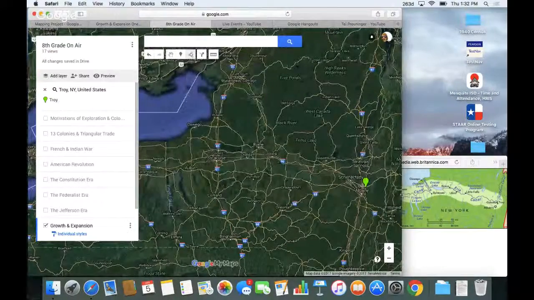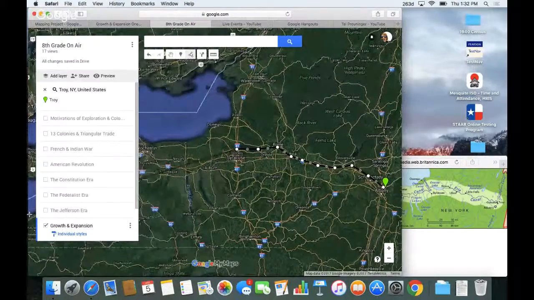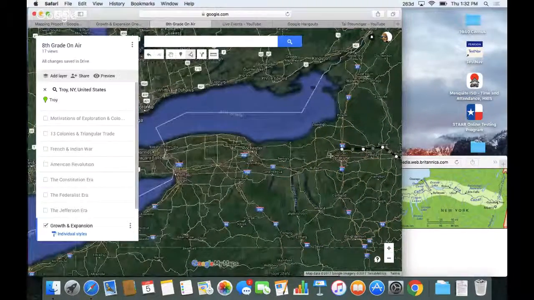And again, you can get really exact if you zoom in, but for time's sake, I'm just going to kind of guess. I know I need to go through Utica and through Rome to Lake Oneida, continue along here through the Finger Lakes,